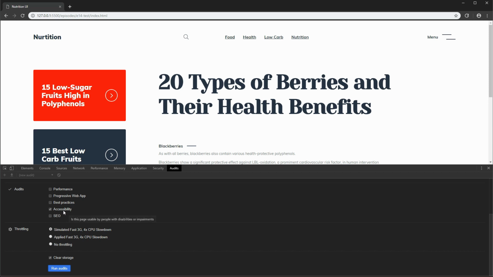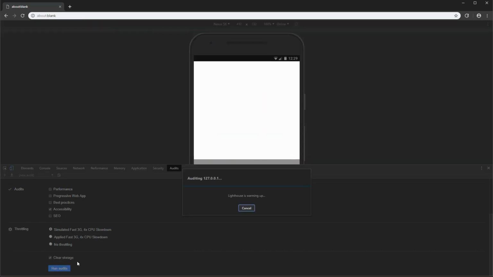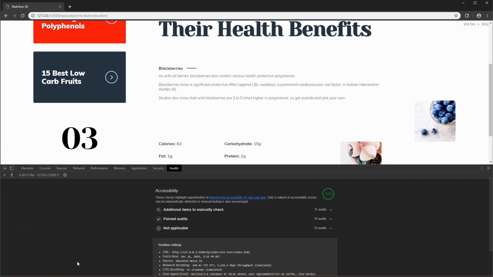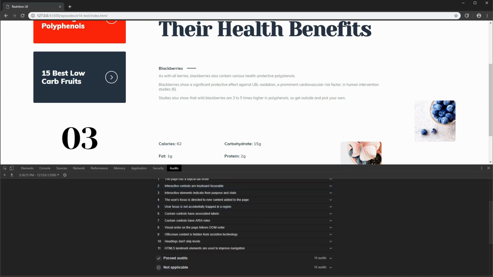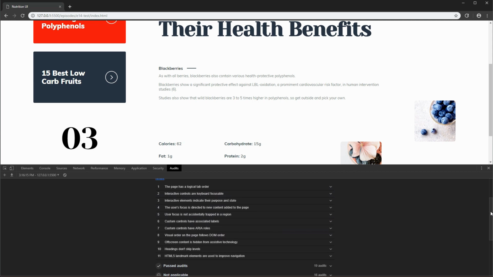So here we're just going to run an accessibility audit. Let's let this take place. It shouldn't take too long because our app is pretty simple. And it actually looks like we scored 100 on the automated accessibility checks. Now keep in mind that although we passed these 19 audits, there would be additional items that we'd want to manually check. And most of these should be addressed by the work that we've already done from the beginning